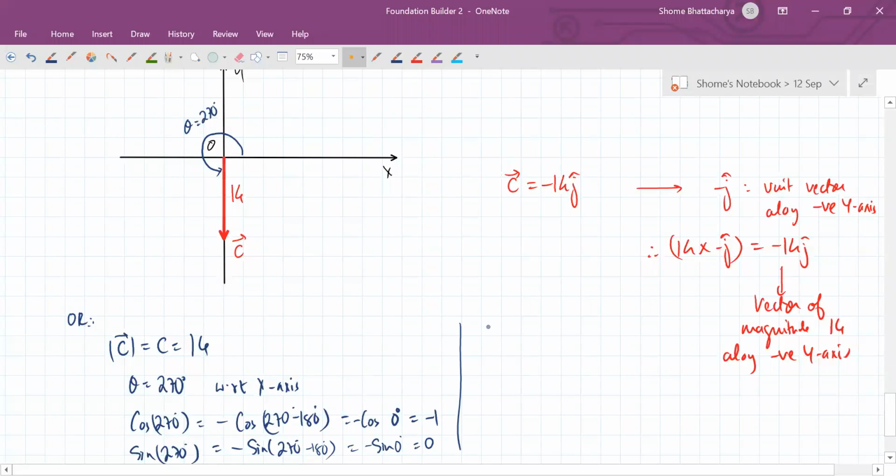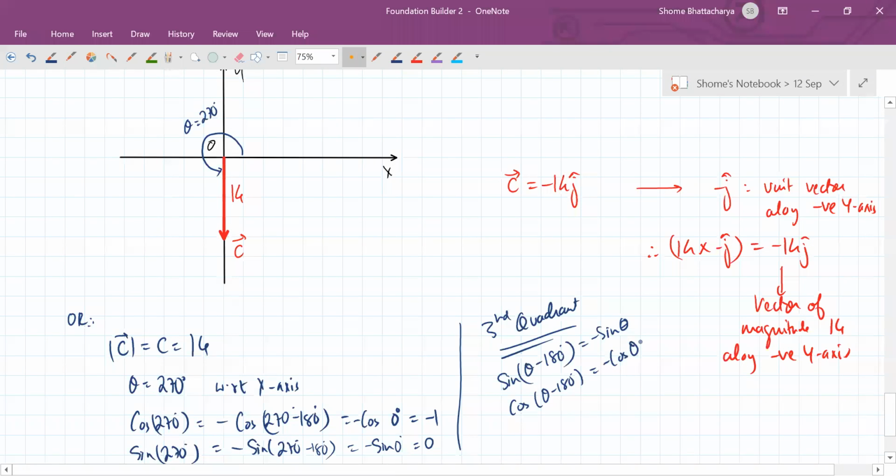Okay, so this is the third quadrant formula, that sine of theta minus 180 is minus sine theta, and so you're making use of that. Okay, so from this you will get